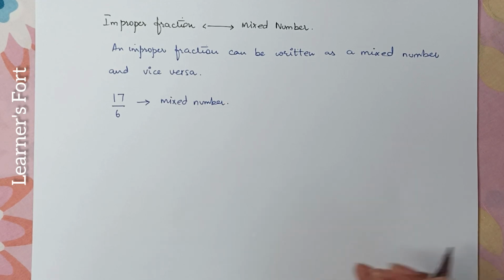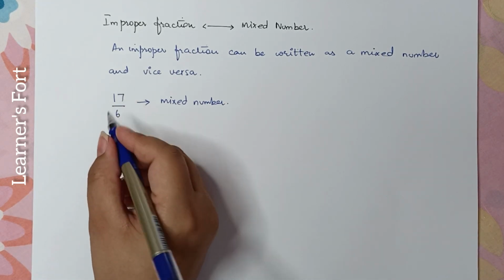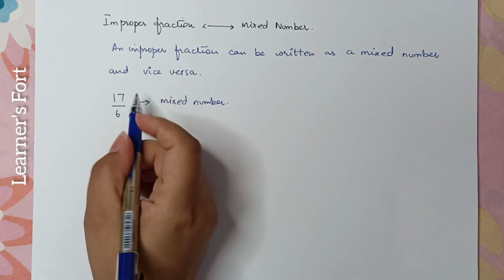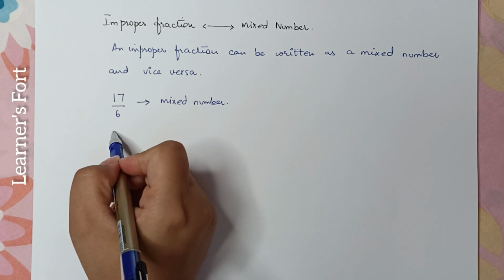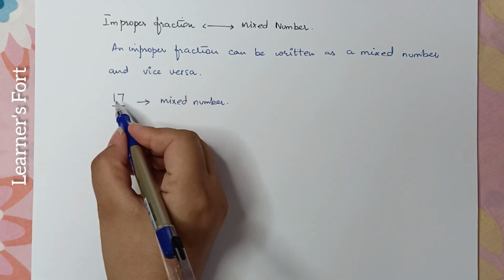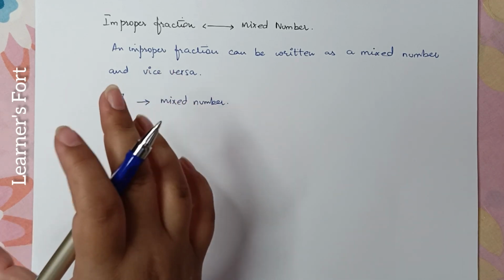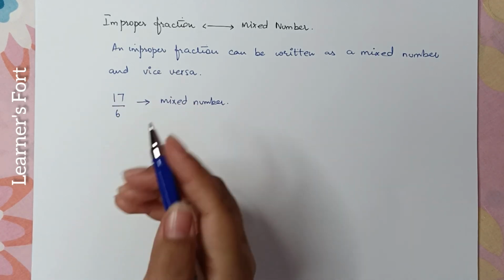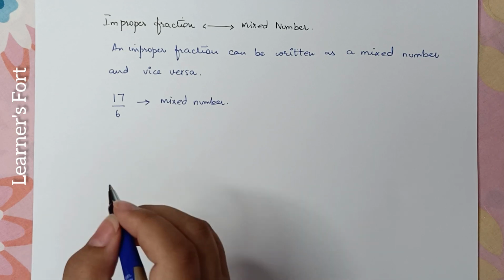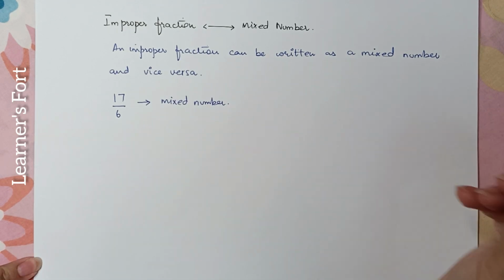How are we going to do that? Now, in this case, you know that the numerator is divided by a denominator. The fraction is basically written as a numerator being divided by the denominator. So, we're going to do the same. Okay. So, how is it written when we divide